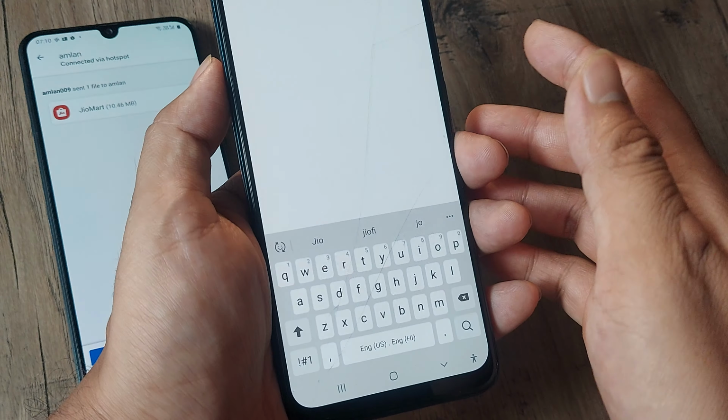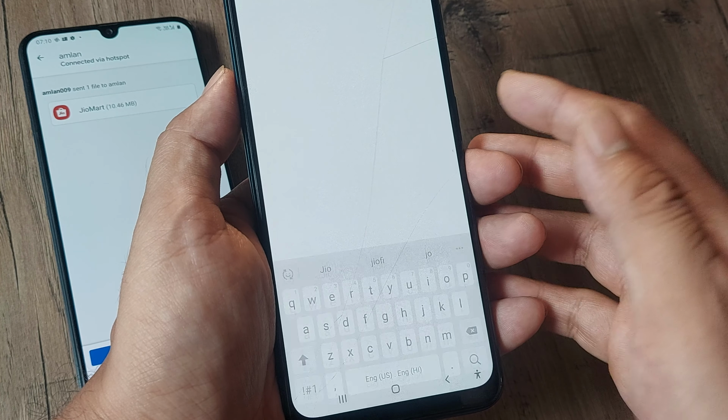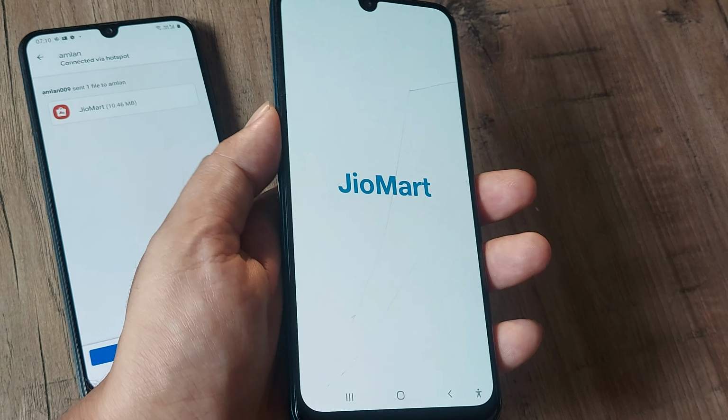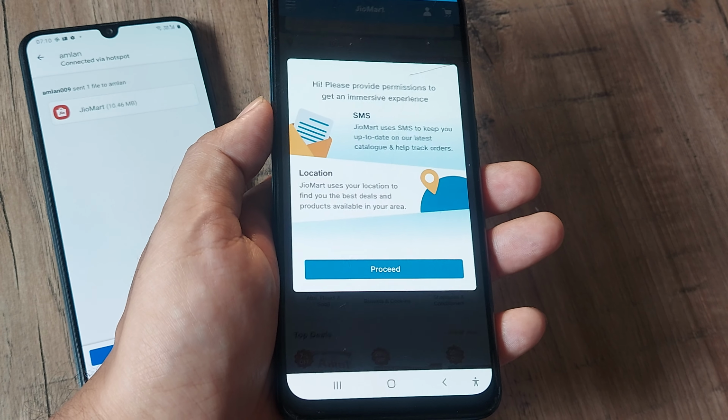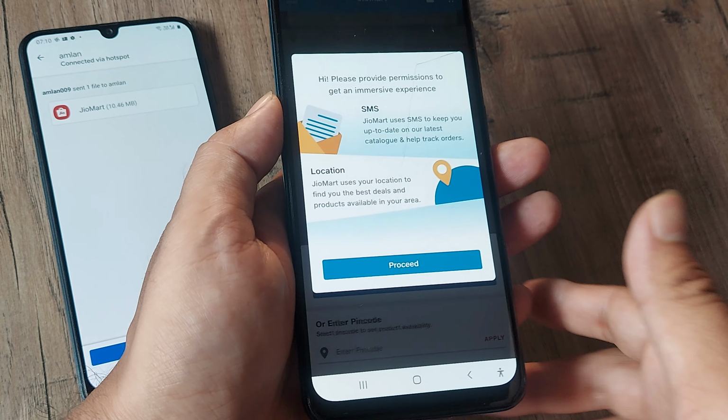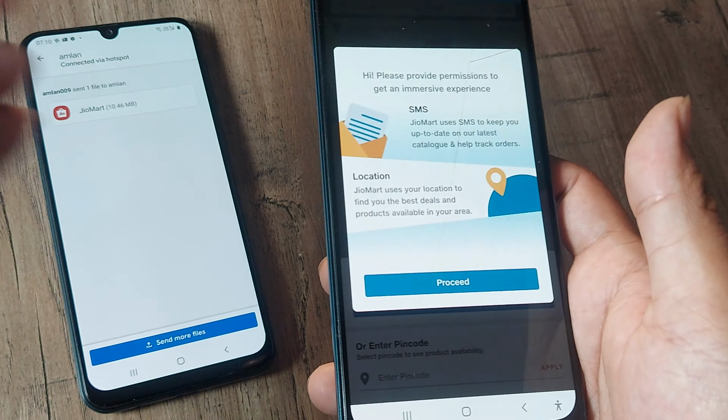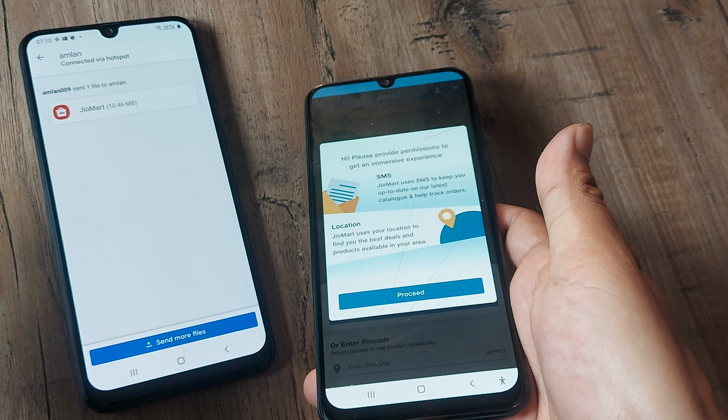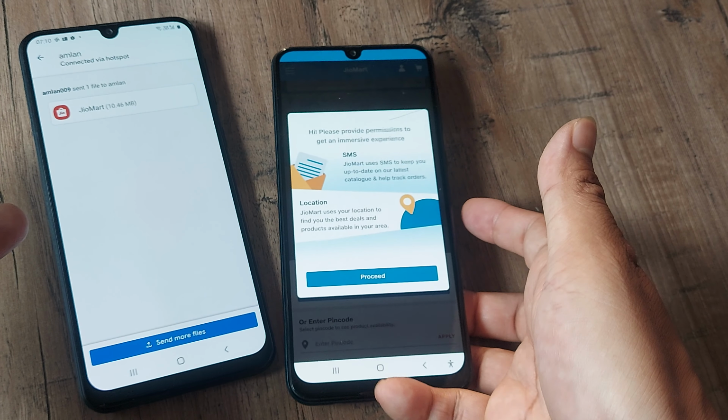We have the app installed now and, like any other app, we can use it. So just go ahead and let us know whether you found this helpful, and you can share this with your friends, colleagues and other people. And this is how you would be sending apps using the Files application by Google.